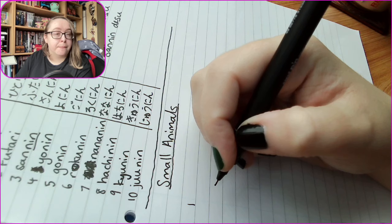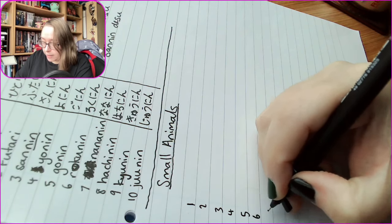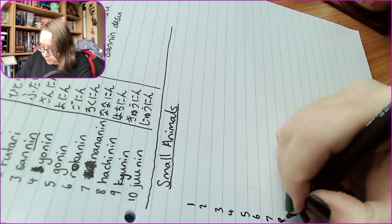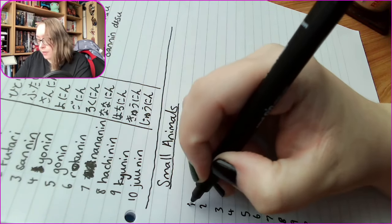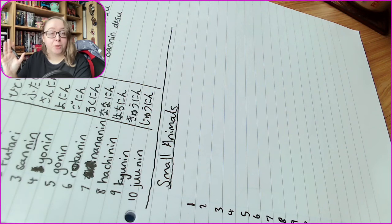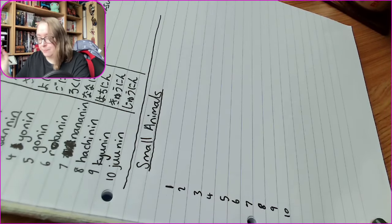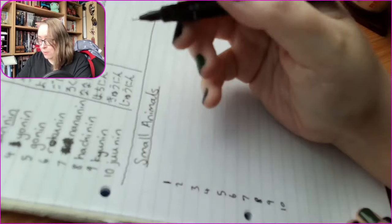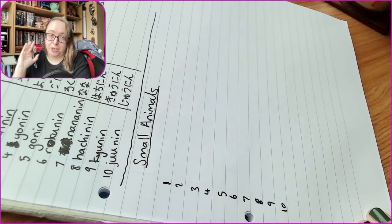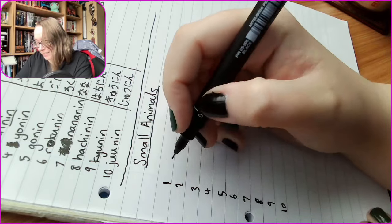Okay, oh yeah, so I did find out something interesting about this particular counter. Not only can you count small animals, cats and dogs, 1, 2, 3, 4, 5, but if you want to count how many Godzillas there are, you use this counter, apparently. I don't know why, but you use the small animal counter for Godzilla. So if you take a trip to Shinjuku in Tokyo and you see the giant Godzilla on top of that hotel, you'll be able to point at it and confuse strangers when you shout out loud, "There is one Godzilla!" Anyway,